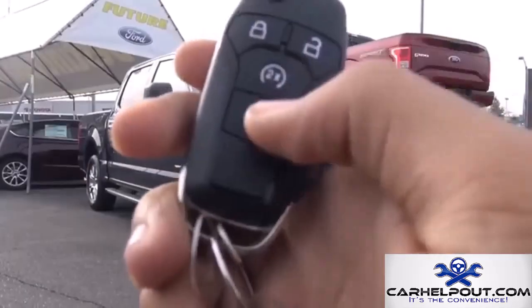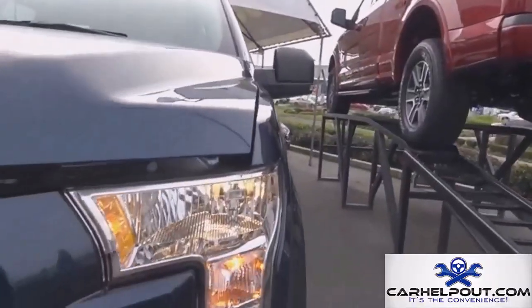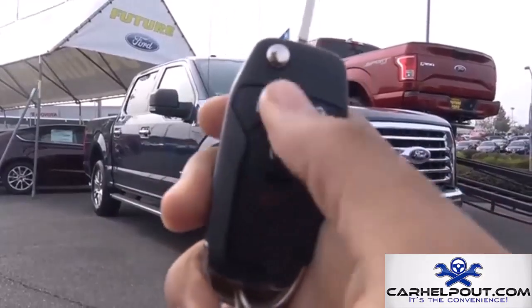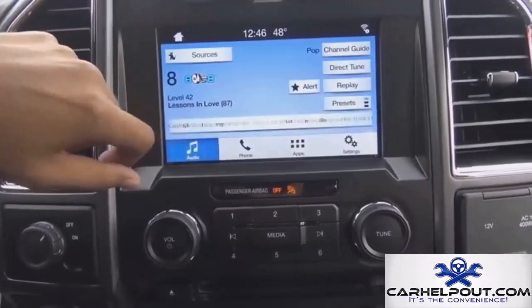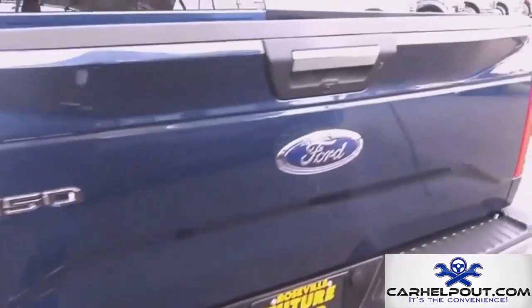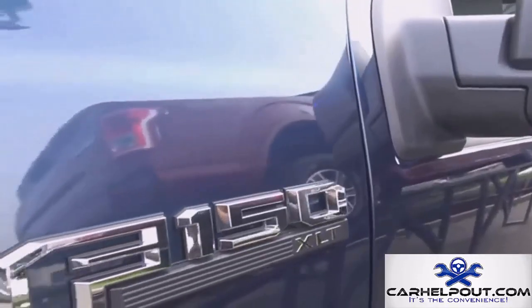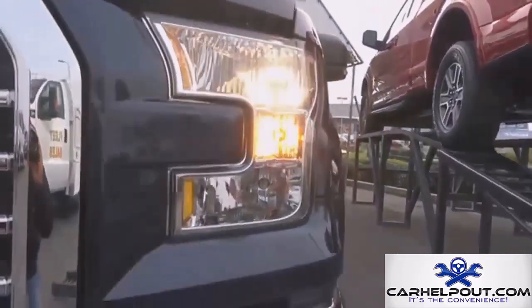Let's talk about an American icon, the Ford F-150 pickup truck. The F-150 offers a winning combination of capability, technology, and style. One of the biggest changes for the 2017 model year was the continued use of aluminum body panels. The aluminum body is lighter and more resistant to dents and dings, translating to better fuel economy and a more